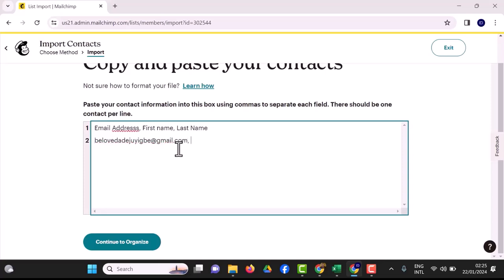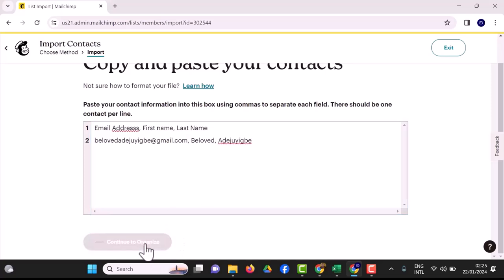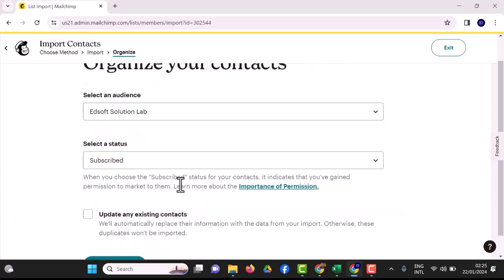Then you have Beloved, then we have Adejigbe. These are the three things we needed here. So we are going to continue to organize and see what it brings. When you continue to organize, you see what it brings, because you are copying and pasting and selecting status